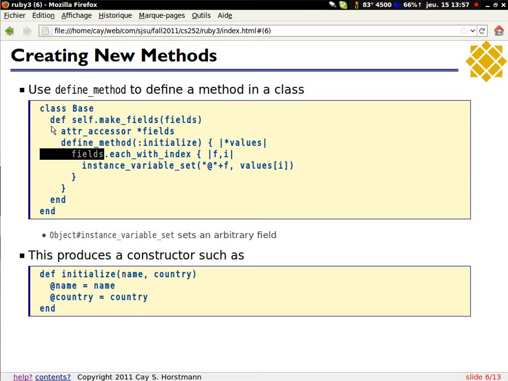But it is amazing if you think about it. There's nothing like that in Java. How would you do this in Java, to say, well, I'm going to build up a class, I don't yet know what fields it has, but I'll tell you later, and by the way, when I tell you, also make a constructor? You can't do it in Java. Eclipse can do it in source, and then you'd have to compile that source. But you can't do it in a running program. So here this all happens in a running program. So it really modifies itself.